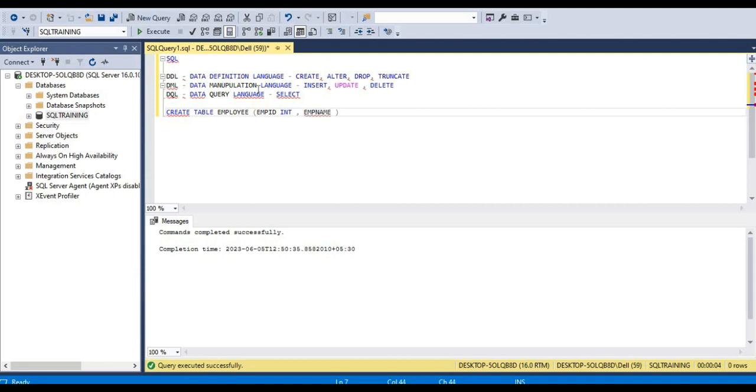Employee name can be there as a column, so it can be varchar. Varchar is nothing but a string. For this varchar data type we can specify any number of characters as the length of the particular column. So it can be varchar of 1000. So this employee name can be of maximum 1000 character length, and